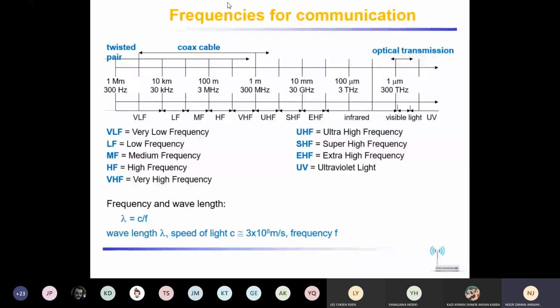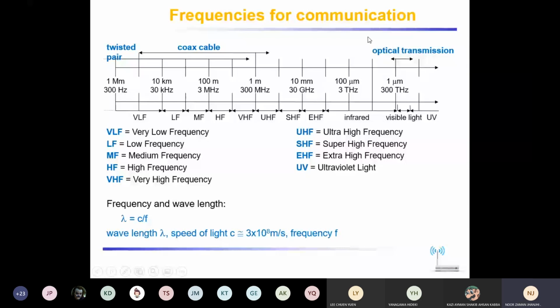What are they? Now go back to the top of the scale, where VLF is mentioned. I hope you can see my mouse pointer. You can see VLF, LF, MF, and so on. The legends are provided here. This is actually a scale to give you a better idea. You can see it goes from this to this. VLF works up to this scale, 300 hertz. This is 30, 300, and so on. Just to give you an idea.